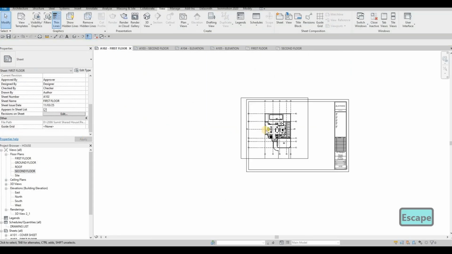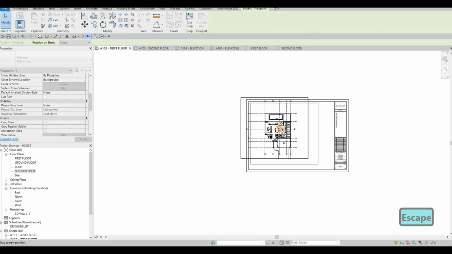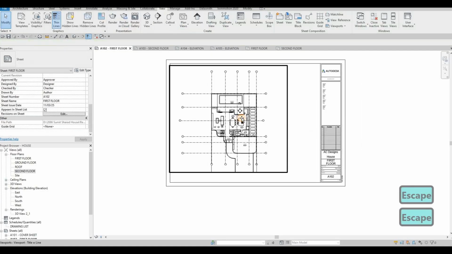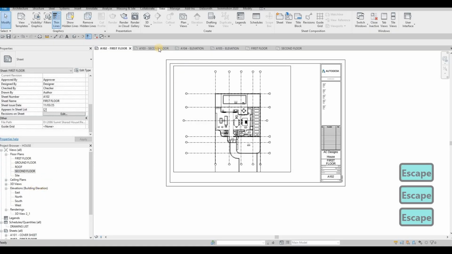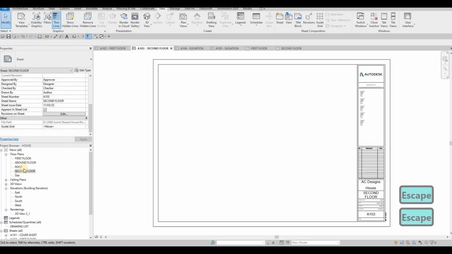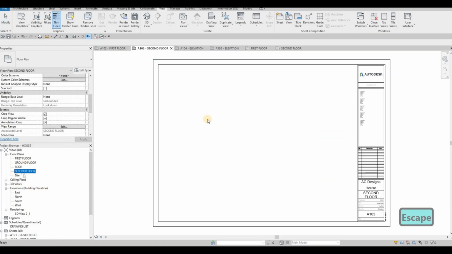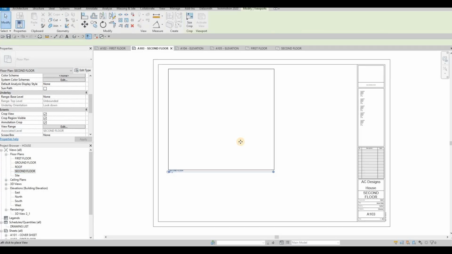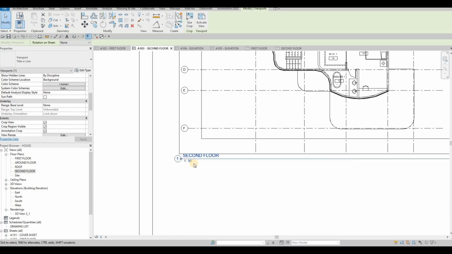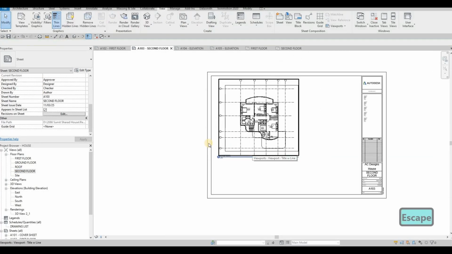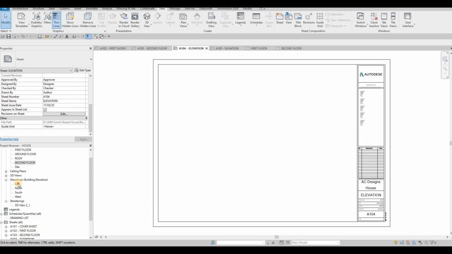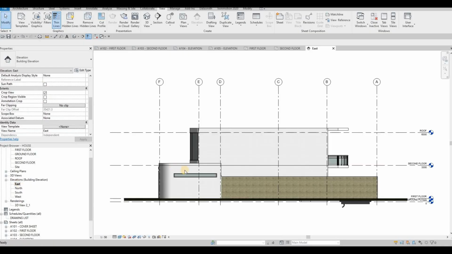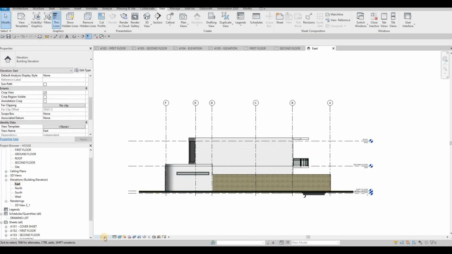And then here, if you go to first floor now, as you can see, it's all cropped now, and it's nicer in your sheet. So go to second floor again, and then drag second floor right about here. So 1:50, second floor name is there. And then we could go to our elevation. We need to go to each and every one. Make sure 1:50